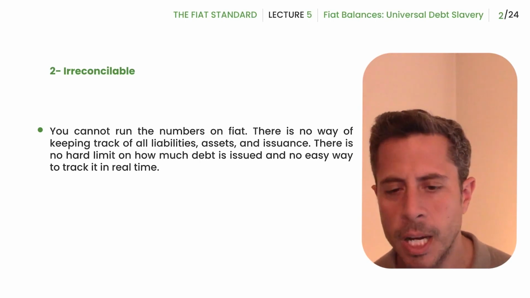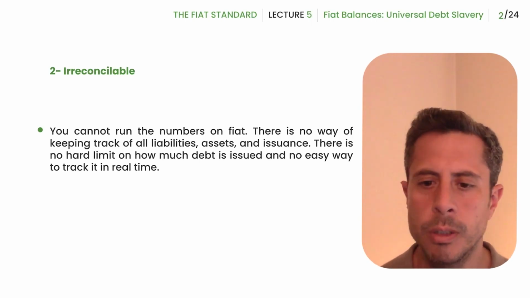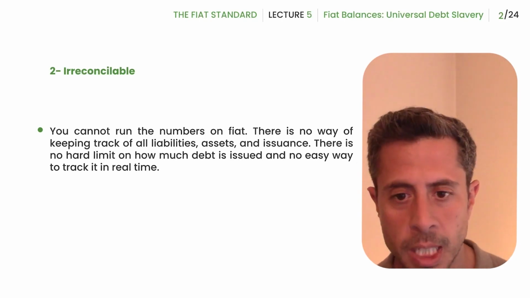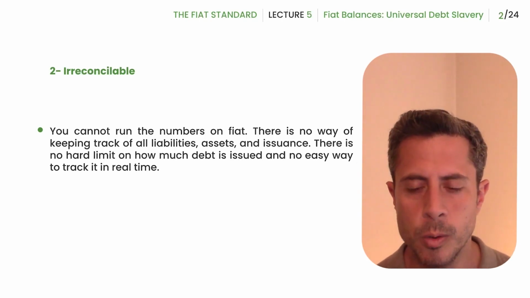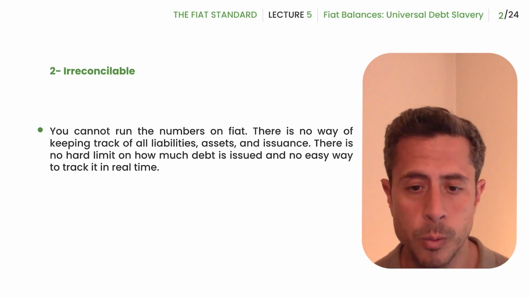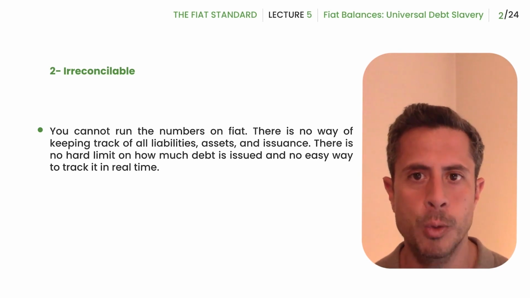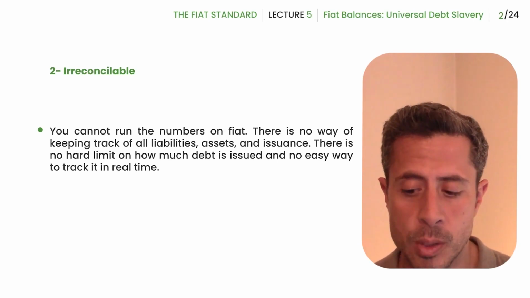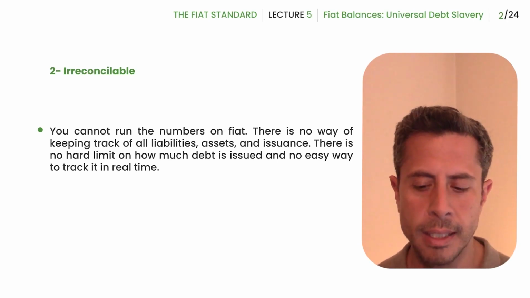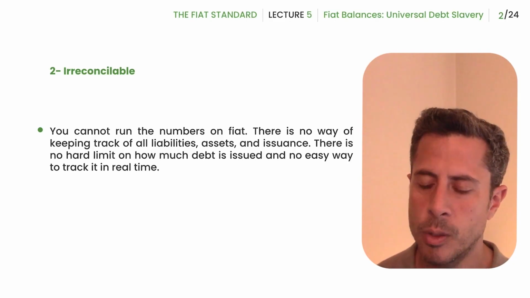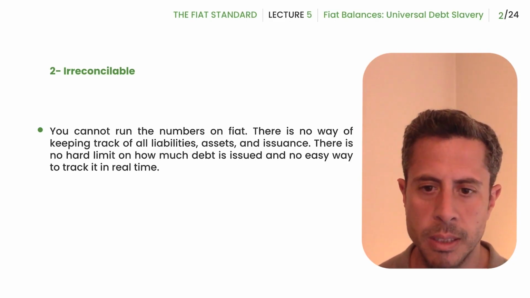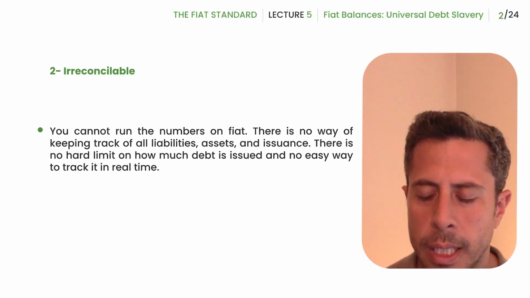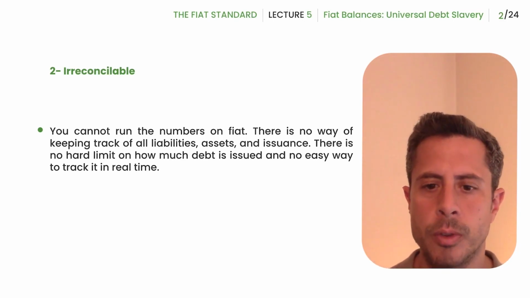With fiat, money is constantly being created and destroyed in all these different financial institutions. Remember, we said earlier that fiat mining is lending. So all those institutions that issue loans are constantly creating money and destroying money. So the money supply is constantly rising and declining. And so there's no easy way of tallying the money supply at any point in time, and no easy way of tallying everybody's assets and liabilities. You can't figure out exactly what is going on in the system. And that's why, arguably, the system is very ripe for fraud.